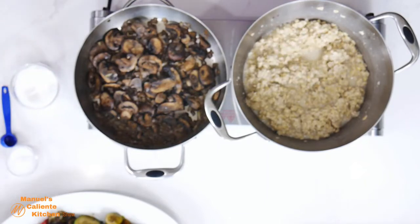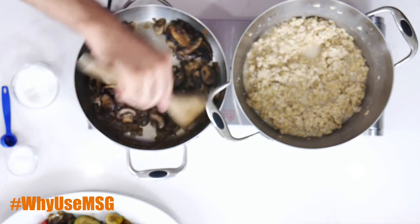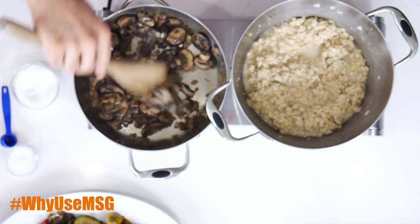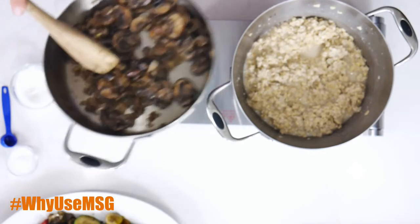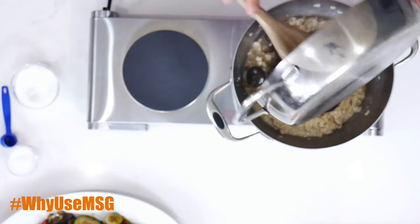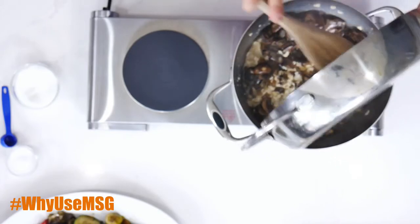increasing, of course, the umami flavors that I'm gonna add. I have so many umami flavors here. In this pan, I actually have sautéed mushrooms and onions, and talk about umami. Another umami flavor right here as well. So I'm actually going to pour the mushrooms and onions that I sautéed